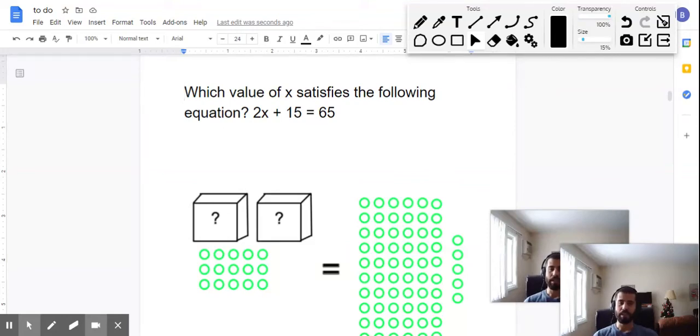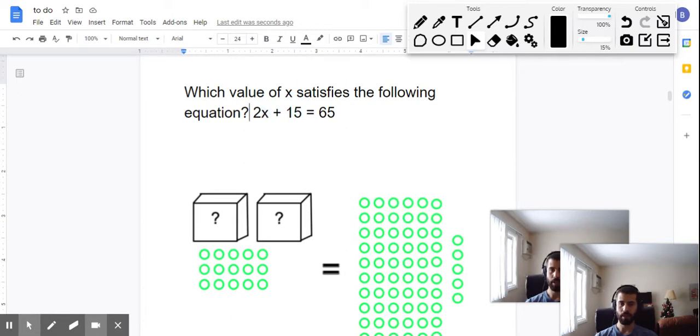Which value of x satisfies the following equation? 2x plus 15 equals 65. So this is a two-step equation. We're trying to figure out what x is, and that means we want to get x alone on one side